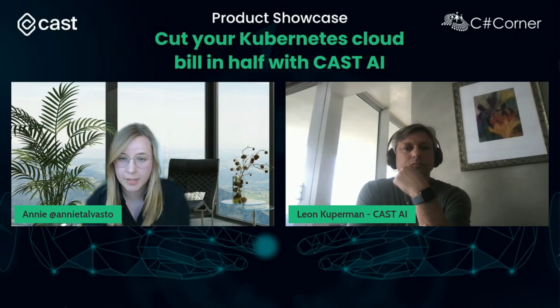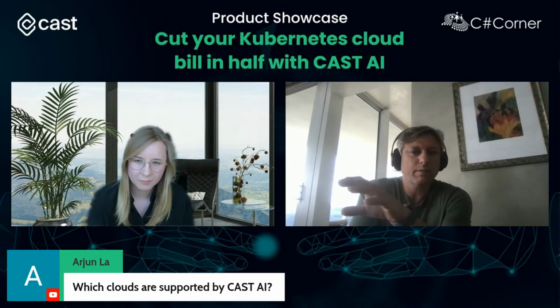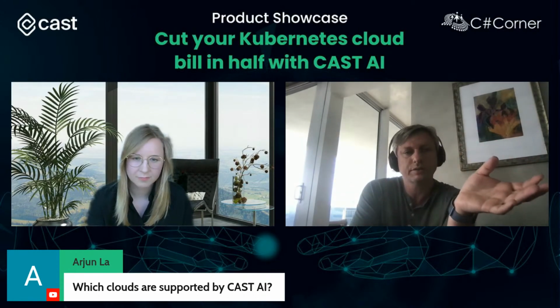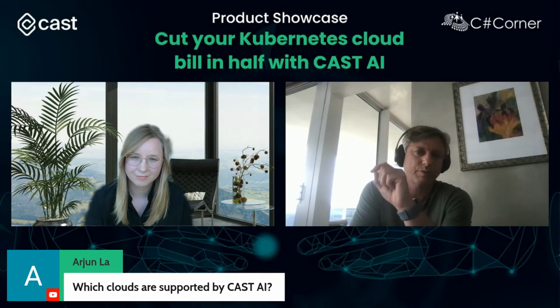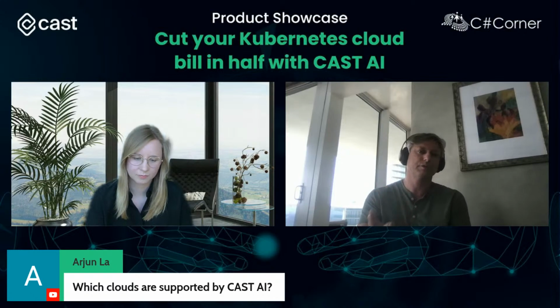Which clouds are supported by CAST AI? AWS EKS is supported right now. Within a couple of weeks, you're going to be able to do the exact same process on Google, on GKE. These are Kubernetes managed services on those clouds. Also in a couple of weeks, if you've created your own clusters using kOps, the Kubernetes operations tool, you'll be able to use CAST as well. And within a couple of months, we're also going to be supporting Azure's managed Kubernetes platform, AKS, or Azure Kubernetes Service.